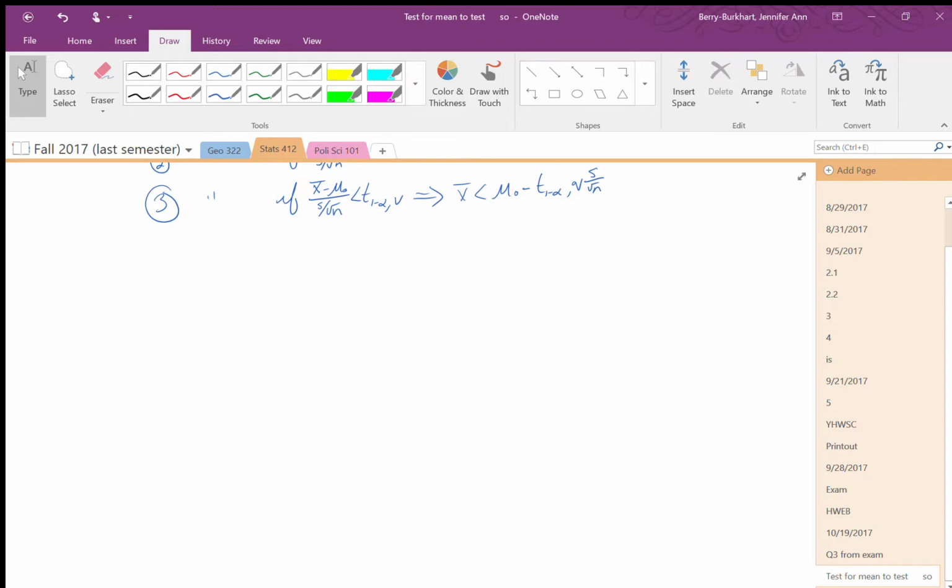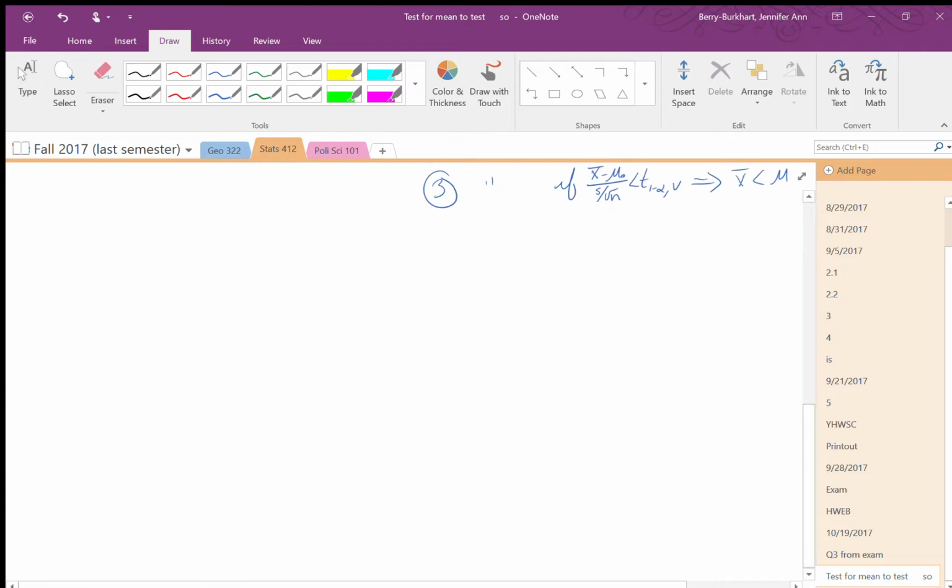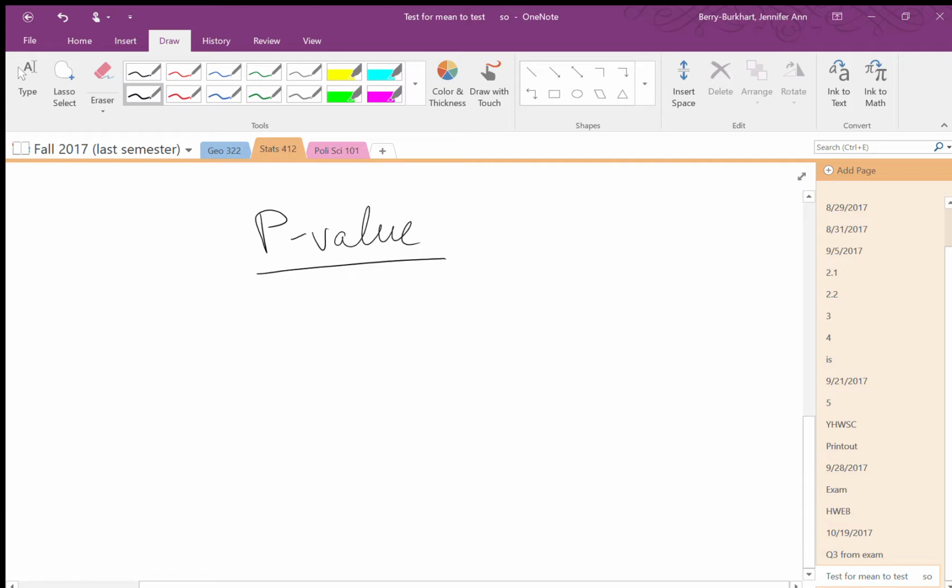p-value, which is the actually achieved size of the test. How do you figure out the achieved size of the test? The thing you do, you go over here, and now what I do is I haven't picked this in advance, right? I haven't picked the size of the test in advance. And I'm going, okay,